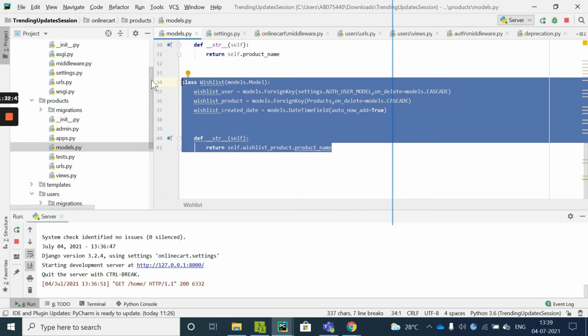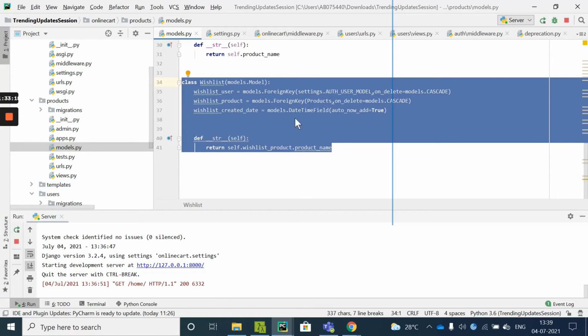Whenever a wish list item is added, I want to log that this user has placed this wish list item. I want to log this somewhere. At that time I can make use of Django signals by using pre-save and post-save.